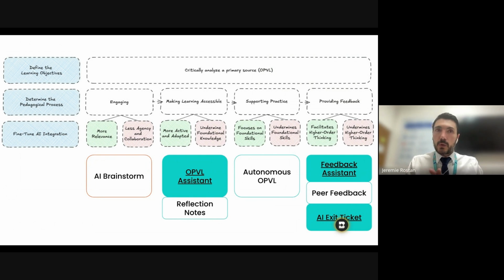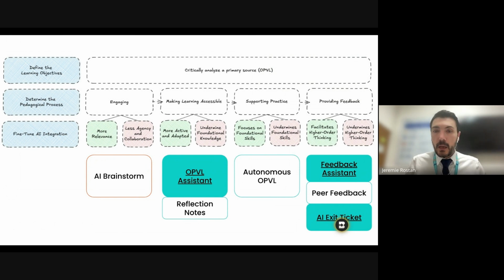So while it was strategic to use AI as a first step for students to discover and engage with the model, once they have reached that understanding of what origin, purpose, value, limitations mean, once they have done a couple